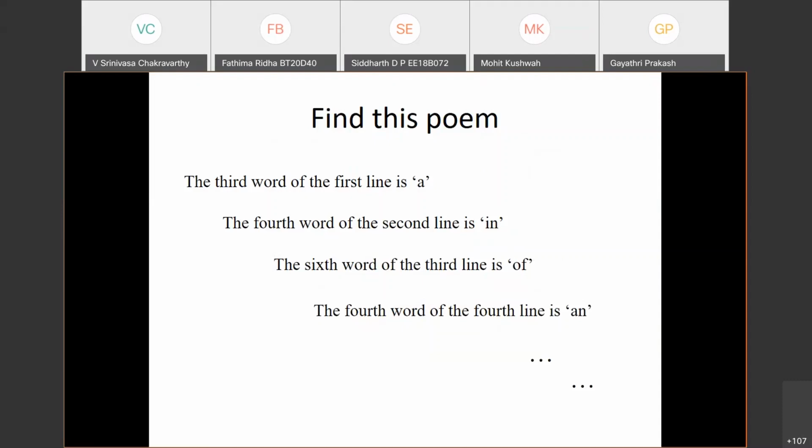So I'll give you clues to a poem, right? You should be able to tell me what the poem is. The third word of the first line is "A." The fourth word of the second line is "in." The sixth word of the third line is "of." The fourth word of the fourth line is "an." Now, like this, I'll give you